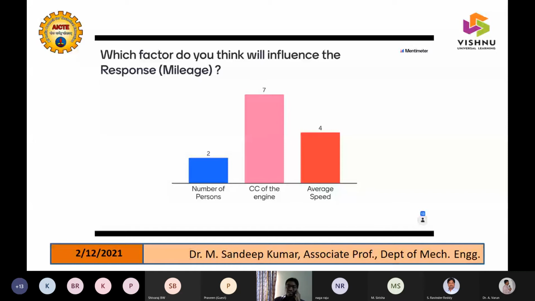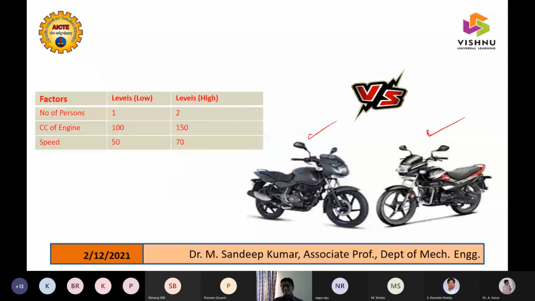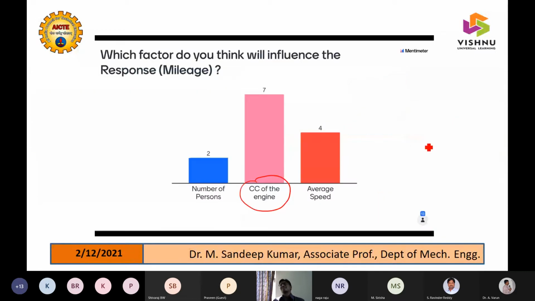This was the response from the previous STTPs, where most of them thought that the cubic capacity of an engine is the most affecting thing. If I keep these 2 bikes in front of you and ask which will give me better mileage, 99% of them will say that the Splendor will give me better mileage.